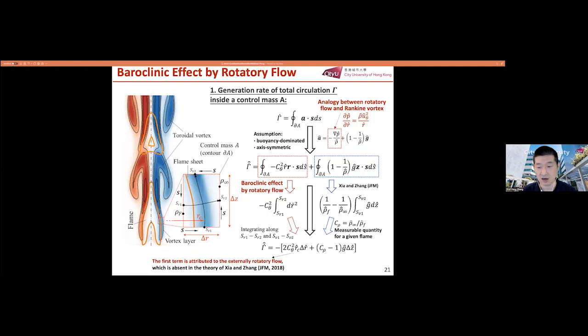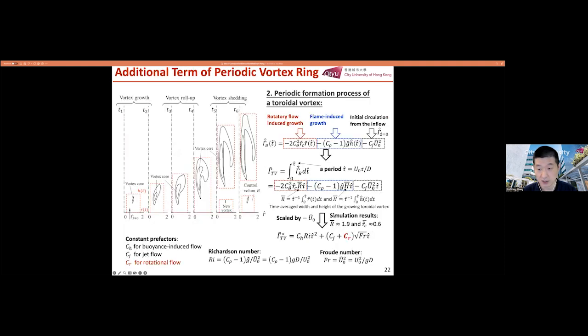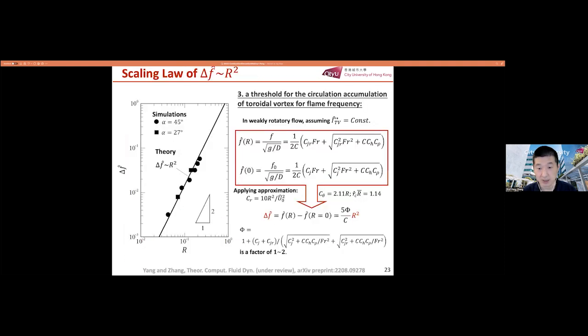But then the derivation of the theory is pretty much the same as the previous one, with one major difference: we include one more term, the baroclinic term, in the theory. So I will skip the details and directly tell you that we can again get a very nice scaling relation. You can see that this is just a Strouhal number, the non-dimensional frequency. And then the difference is that we have one more non-dimensional parameter due to the external